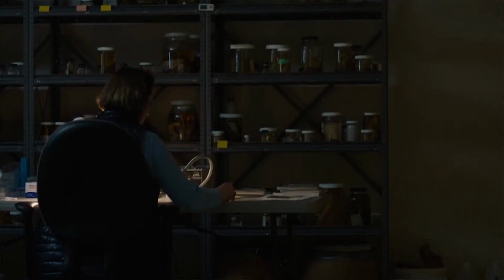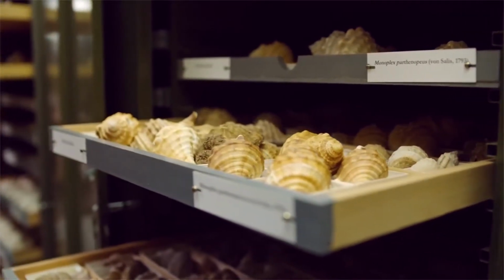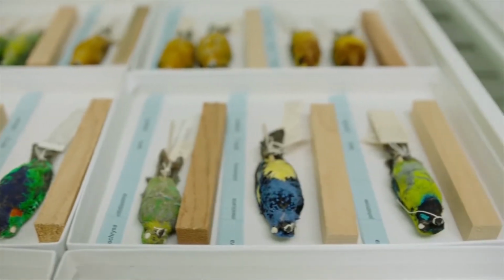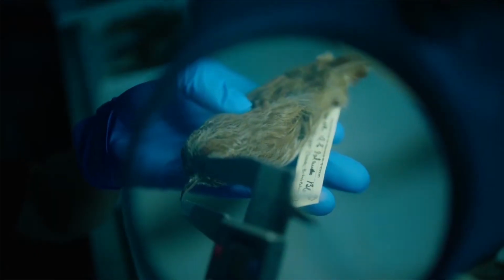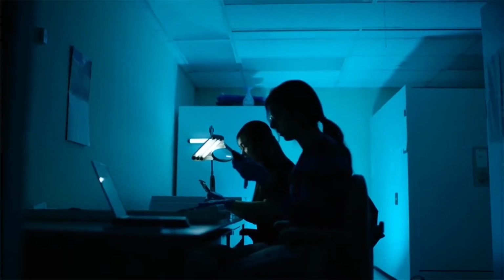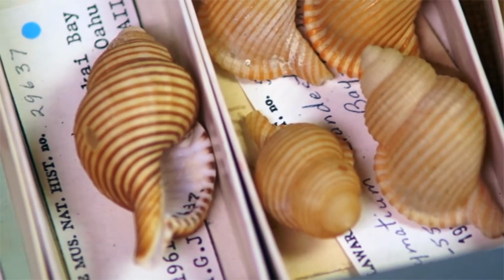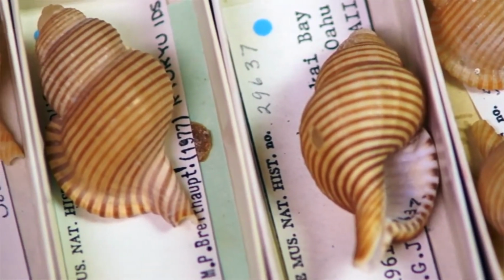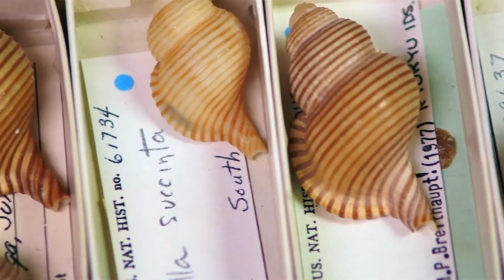Collections and research are what make museums unique and so important. On one hand, they help validate and inform our public offerings, kind of a scientific stamp of approval. On the other hand, they're a treasure of Earth's biodiversity, an awe-inspiring resource for understanding the complexities and challenges of the natural world. Unlike the encyclopedic collections of huge museums like the Smithsonian, DMNH focuses primarily on birds and shells,